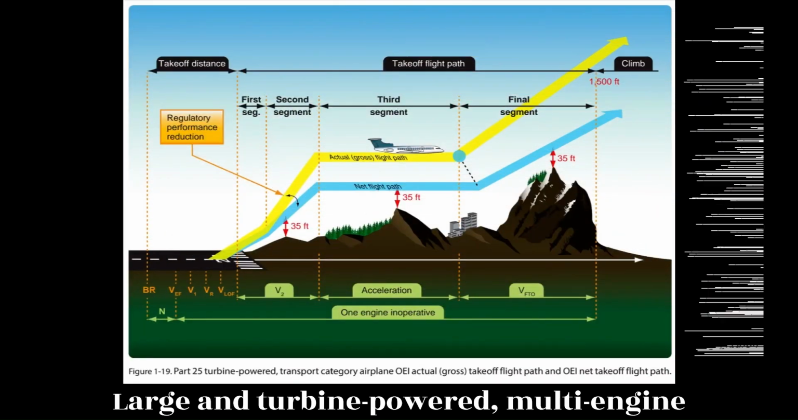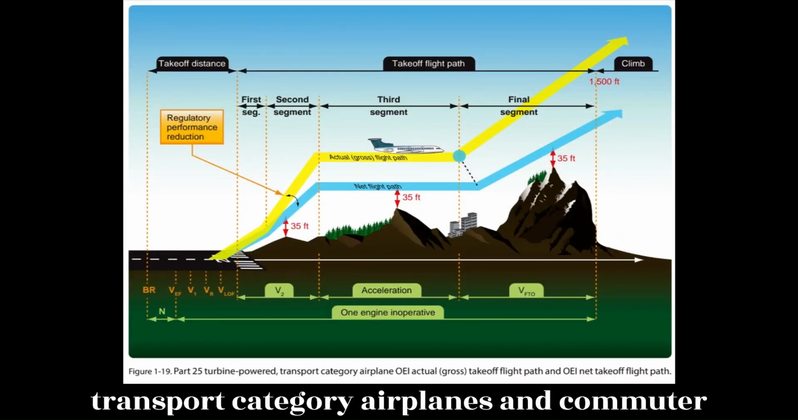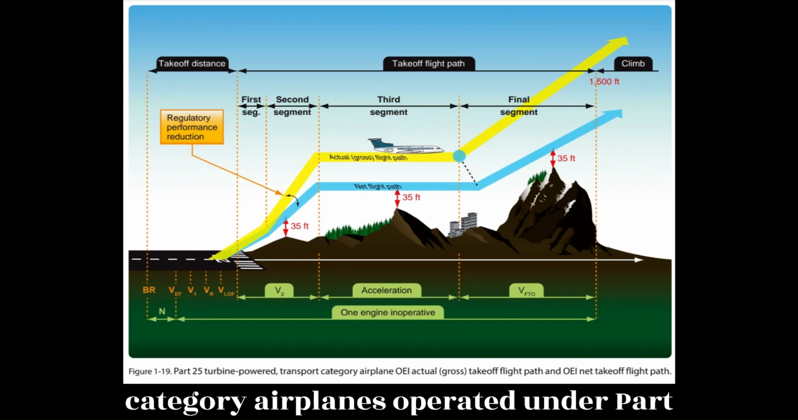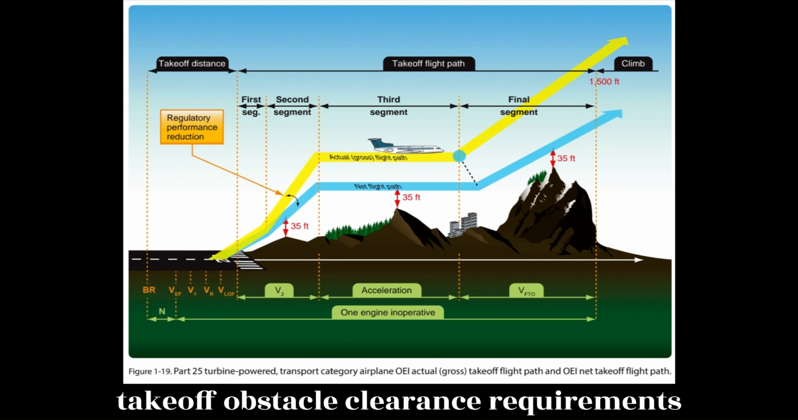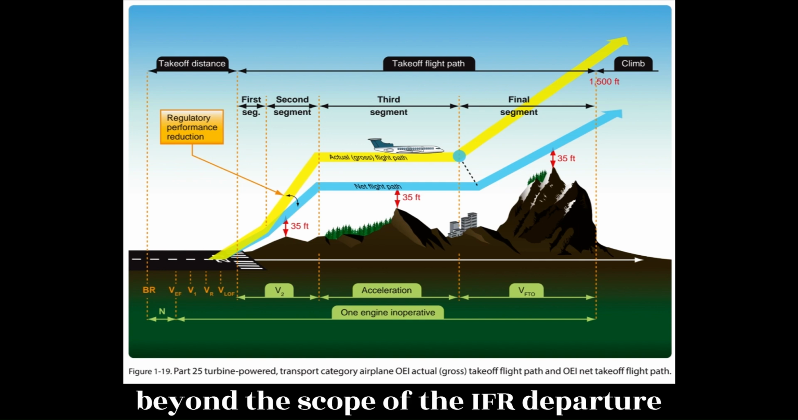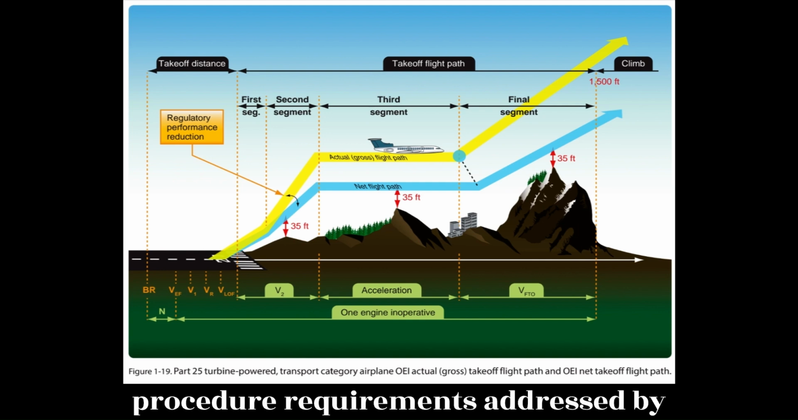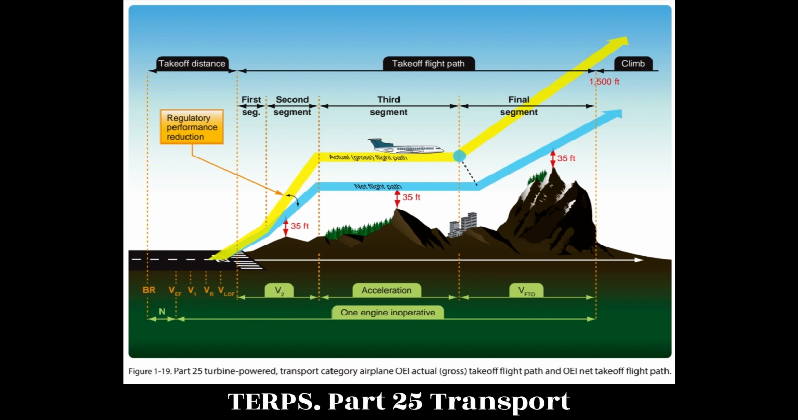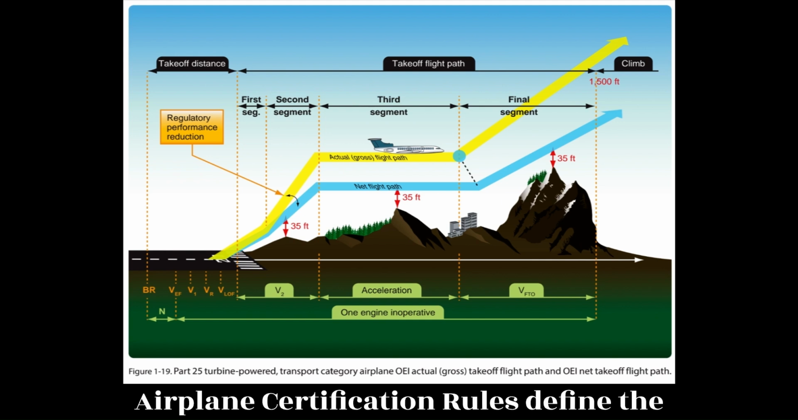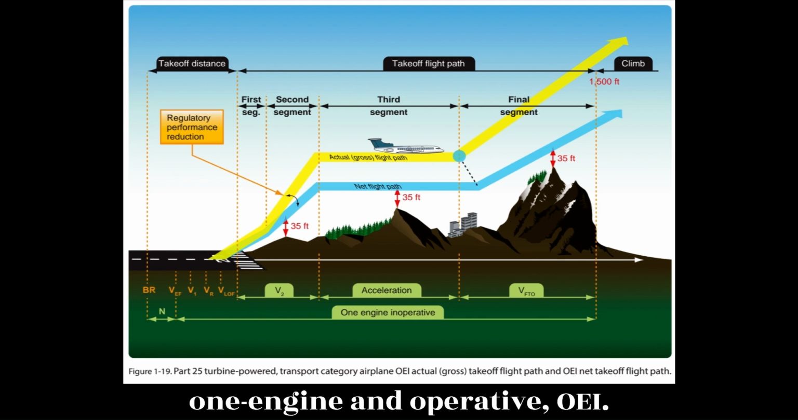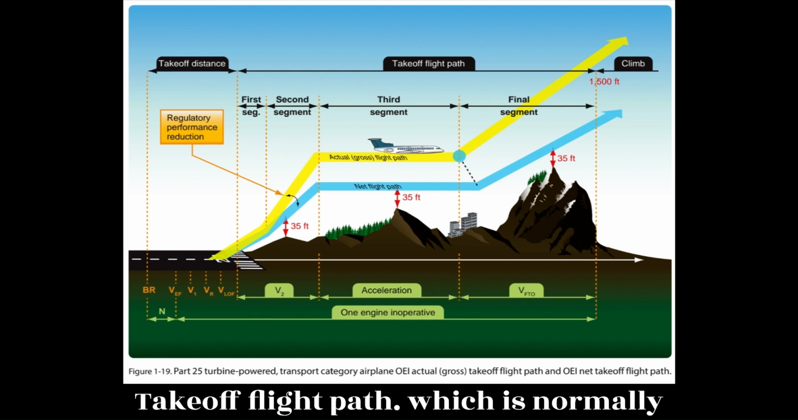Large and turbine-powered, multi-engine transport category airplanes and commuter category airplanes operated under Part 121 or Part 135 have additional takeoff obstacle clearance requirements beyond the scope of the IFR departure procedure requirements addressed by TERPS. Part 25 transport category and Part 23 commuter category airplane certification rules define the one-engine inoperative, OEI, takeoff flight path,